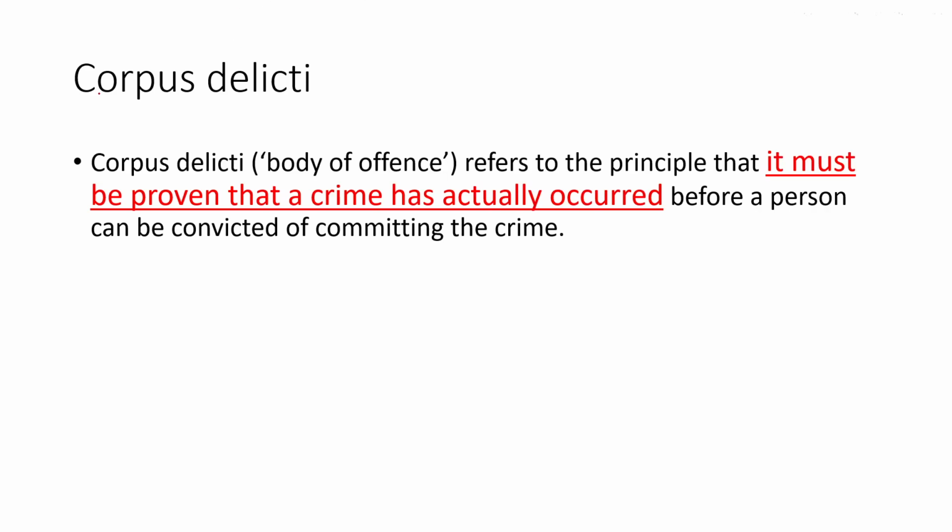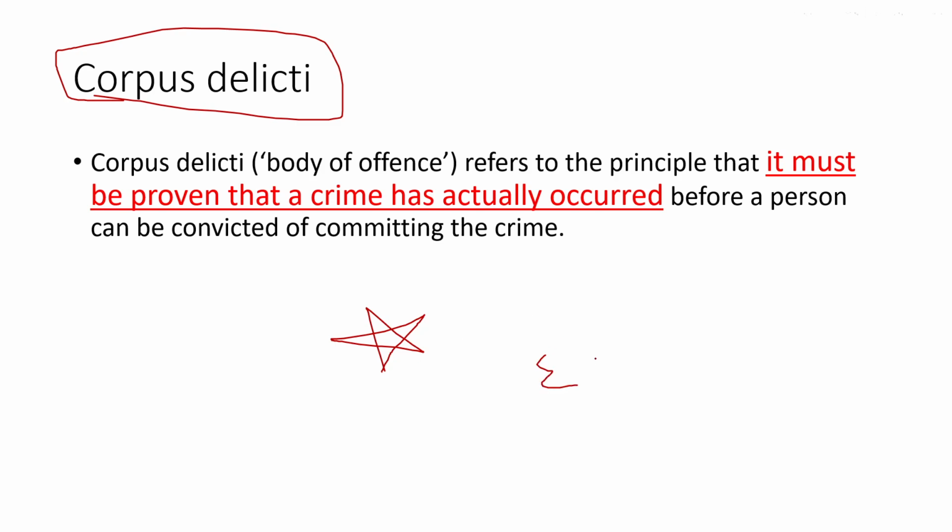Now the next topic is corpus delicti. Corpus delicti is a very important topic. We need to learn the basic concept behind that. What is the corpus delicti? Like whenever a crime occurs, there must be something to show that the crime has occurred. The essence of the crime. We call that the essence of the crime, the eventual results that have been caused after the crime, and discussing them is the corpus delicti.